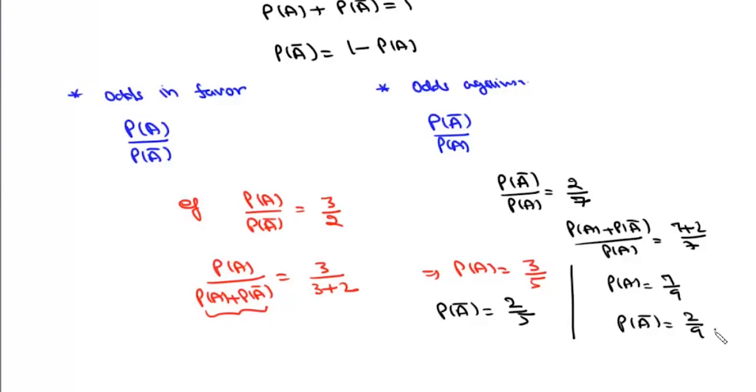So we'll be using this term odds in favor and odds against in certain cases. Now there are 2 more definitions of probability, and the first one is statistical definition of probability. Now in statistical definition of probability, suppose a random experiment is conducted n times, and in those n times, this